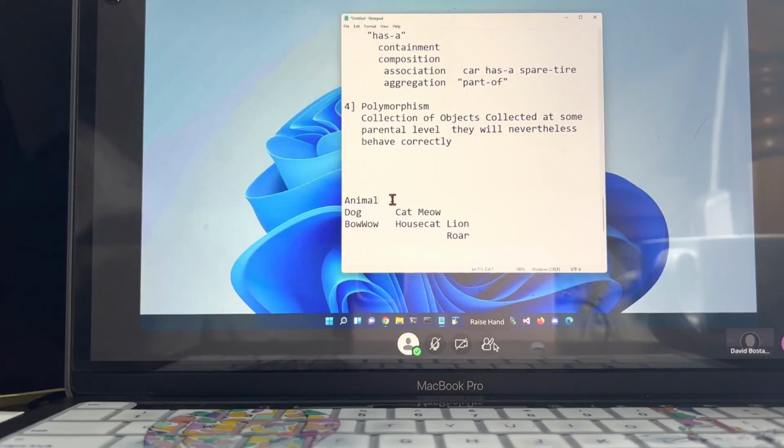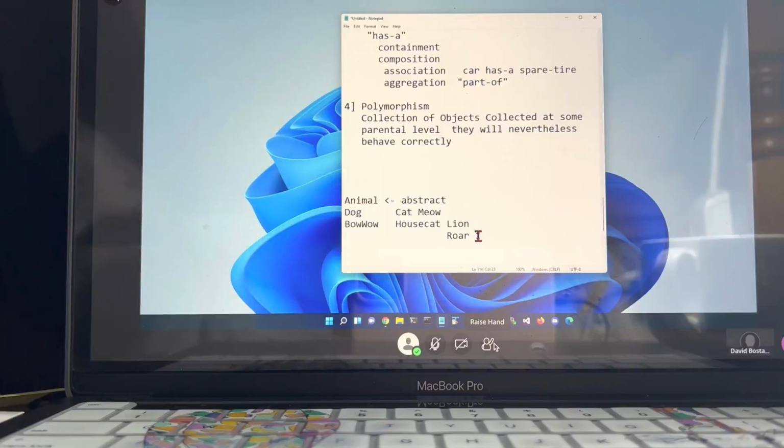What should an animal say? Samir? Grr. A snake would say grr? Perhaps. Well, the real thing is we could come up with something possible, which is a universal animal noise, but also maybe it says there is nothing that it's going to say. And we make this guy what we call abstract, meaning he can't be implemented directly because there are methods that he has that aren't implemented.